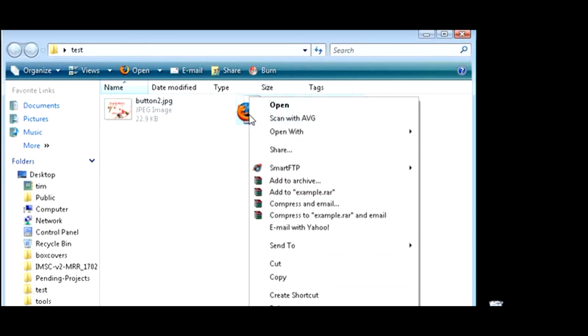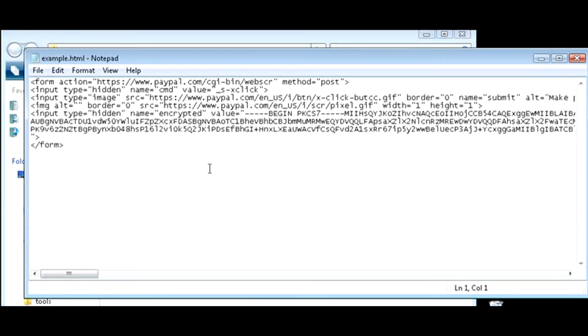Now all you have to do, very simply, is you can open it with Notepad to change it. And all you have to do is go where it says image alt equals 0, border equals 0, source equals, and make sure at the end of it, don't change this one that says pixel.gif or your button won't work. Make sure you change the one that says something about button on it, which is this line here. So remove all of this, or highlight it all. So right after it says image source equals, inside the quotes, highlight that and just put the name of your button in there. In our case it was button2.jpg,